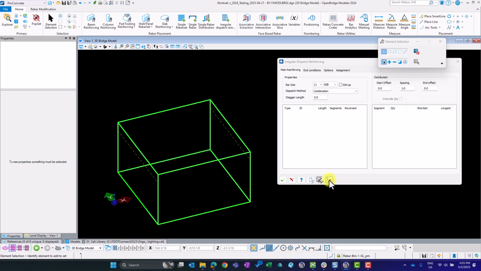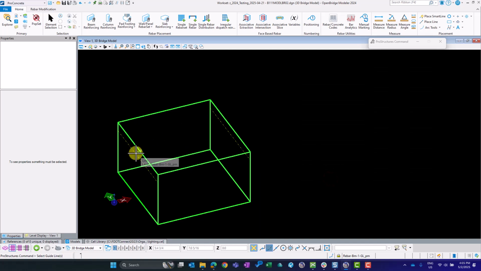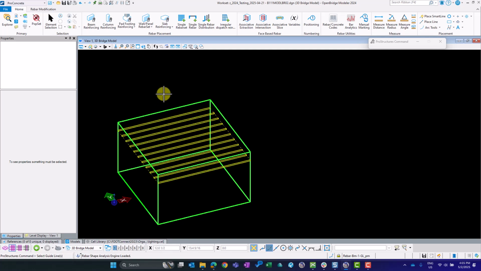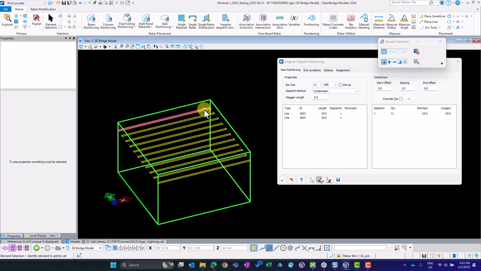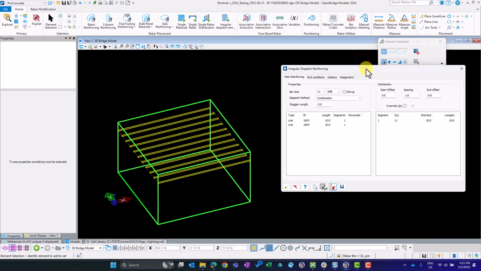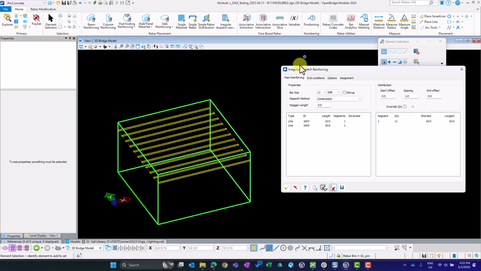So now I'm going to click on this button here, select guidelines. I'm going to click on the first guideline, and then click on the second guideline. And then I'm going to right click to end that guideline selection. So that pops this dialog back up here. And so what this tool really does is it basically models bars perpendicular, or not necessarily always perpendicular, but between